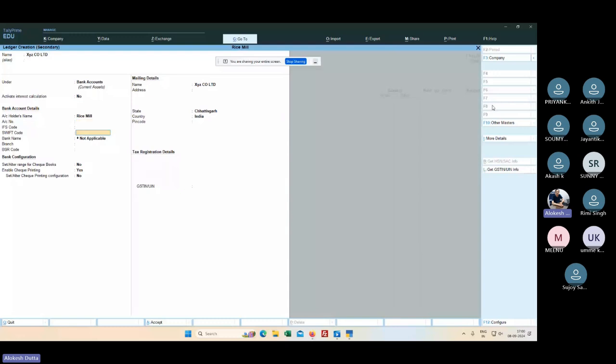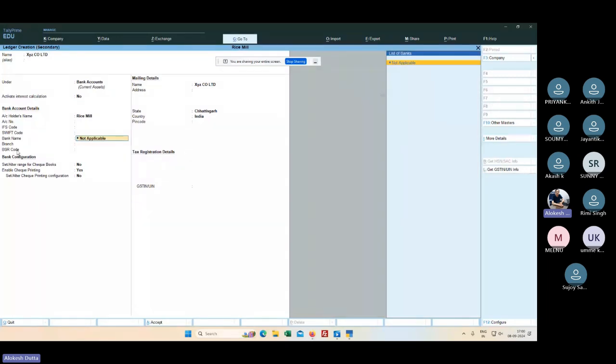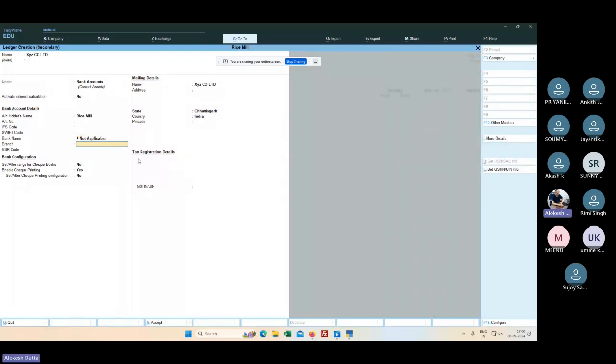These are to be filled in for the party. When you create the party, you have to enter all the details: account holder's name, account number, IFSC code, SWIFT code, bank BSR code, everything, along with the party address, state, country, pin code, tax registration, GST number 22